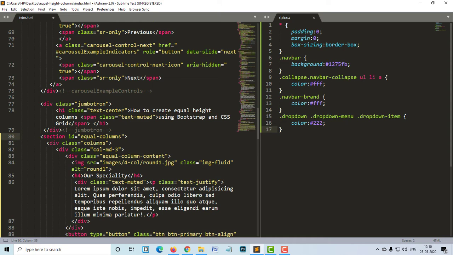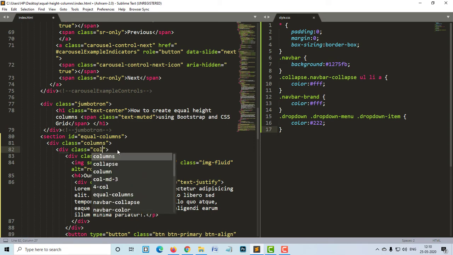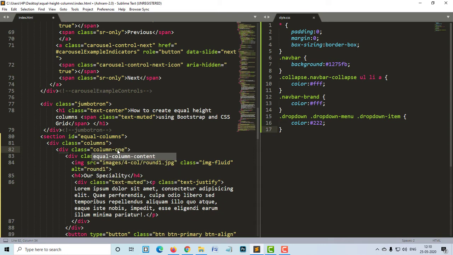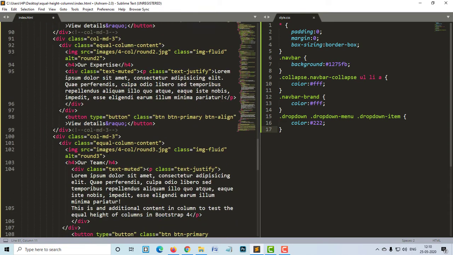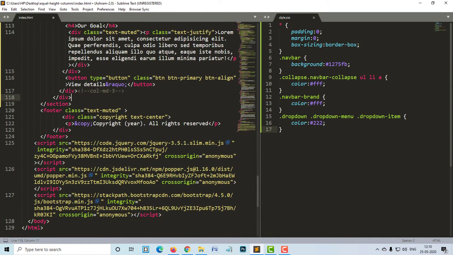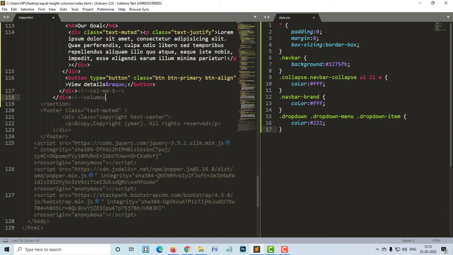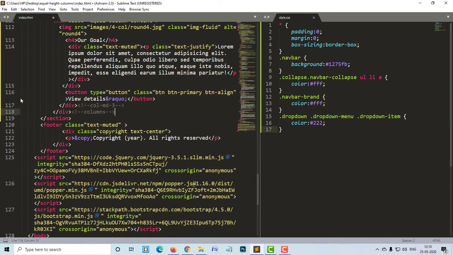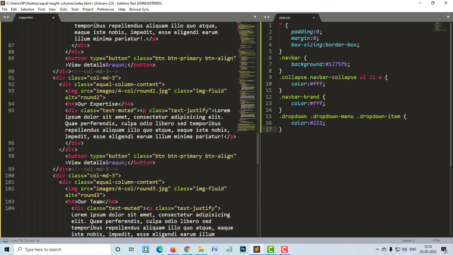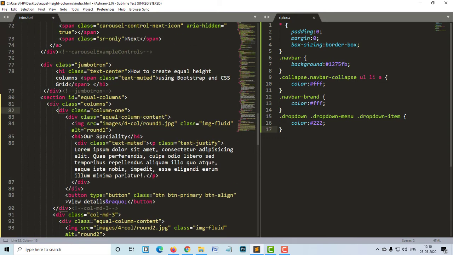Because I am using CSS grid, this will be the parent column, and the next one will be the child column. So the child column will be, let's say, column 1. I am going to have 4 columns. The first one I am going to name as column-1. So this class of columns, as you can see, is for all the 4 of them, and this is known as the parent element, and then this is called a child element.